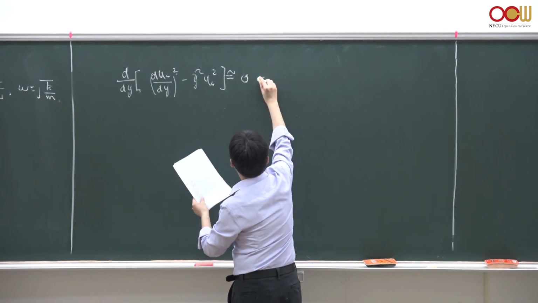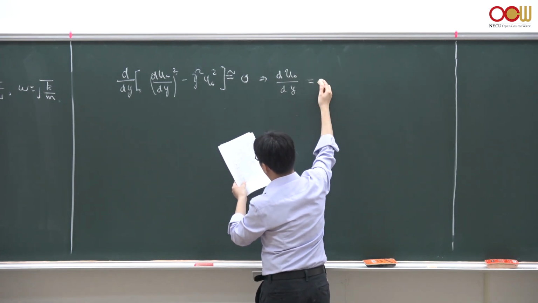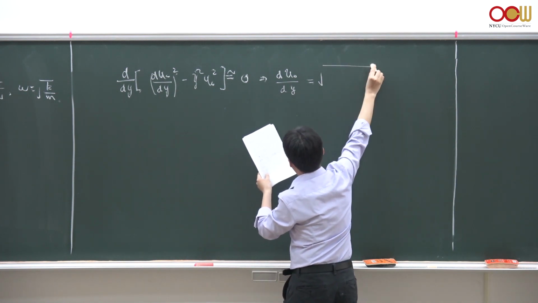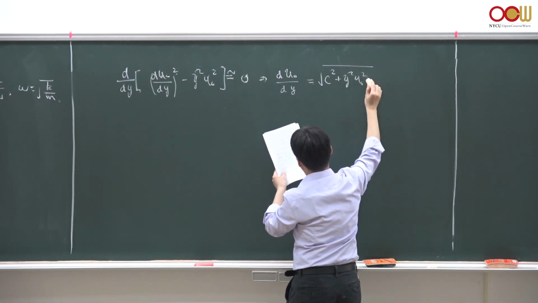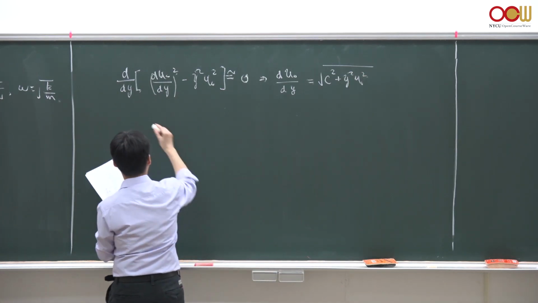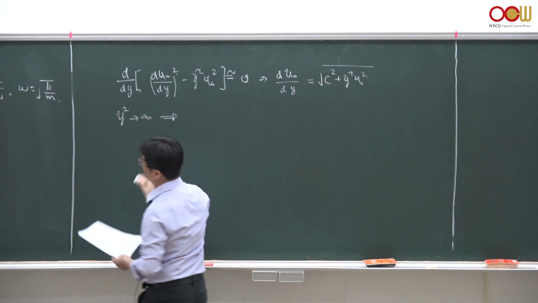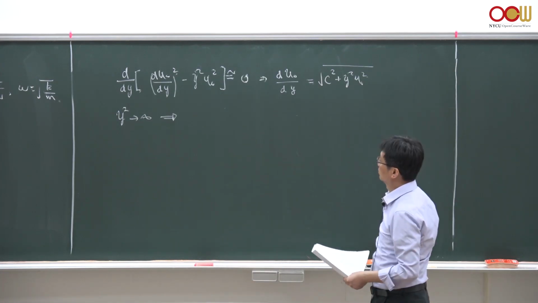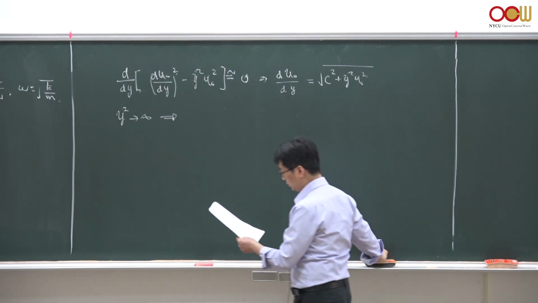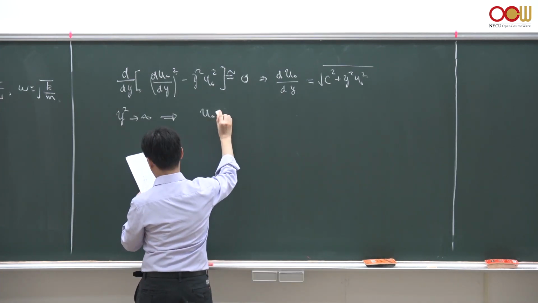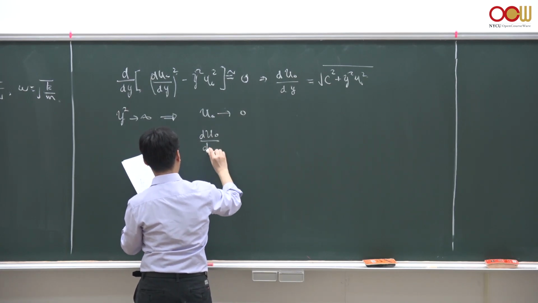Okay, so you immediately find that du0/dy is given by what? Square root of constant squared plus y squared u0 squared. And in the limit of y goes to infinity, we know very well that in the very far away place, all these Schrödinger wave functions should vanish, right? So u0 must go to 0. So it's the first derivative of u0 with respect to y,